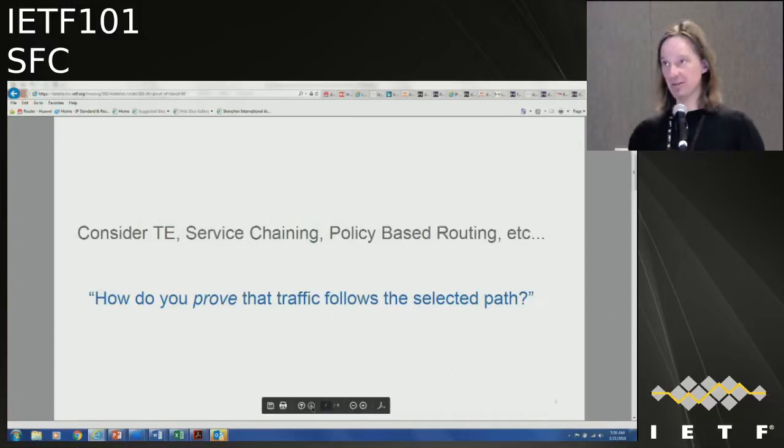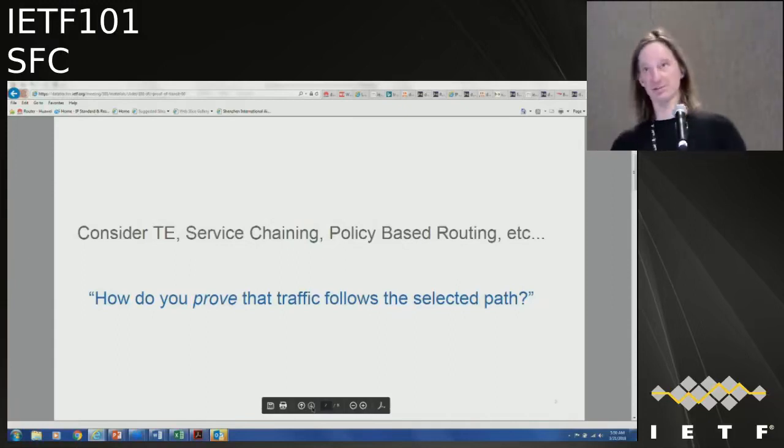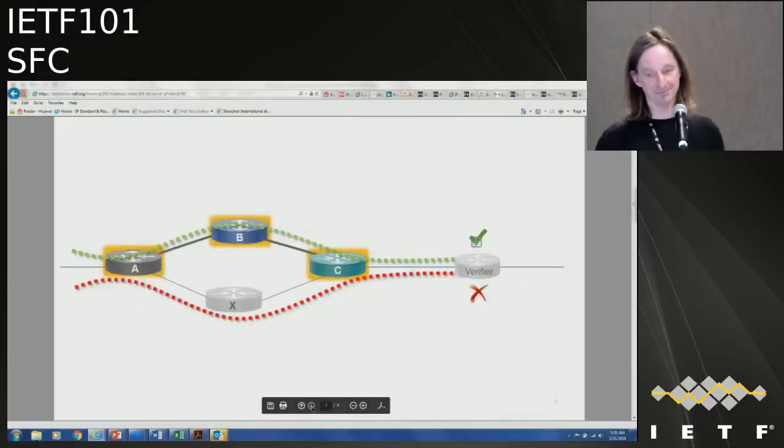Not just tell my management, but prove it to my management, which is an ask from the financial community, for instance, where it came from. One of the co-authors, Steve Ewell, really pioneered that concept, because he says there is a sequence of firewalls that traffic needs to make it through, and I need to verify and prove that to my management in a cryptographically secure way. Next slide. Well, I think you get it.